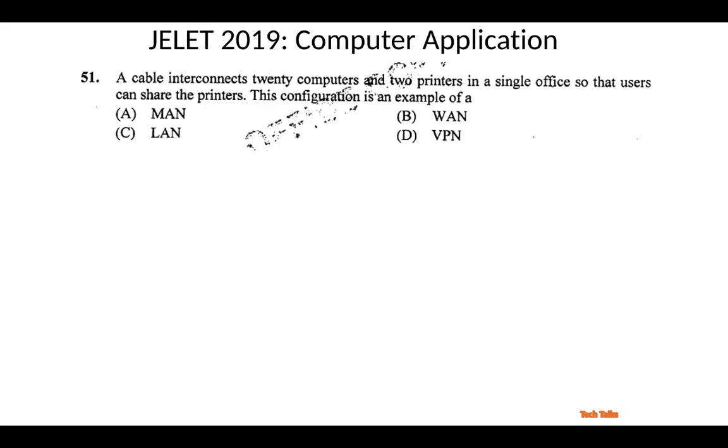LAN is the smallest local area connection, that runs within an office premises. MAN is metro area network. In that case, if some company has 4-5 head offices and side offices within a city, within a very limited range, then each of those offices has its own LAN connection, some 20 computers connected, and then those offices are connected through a line network.